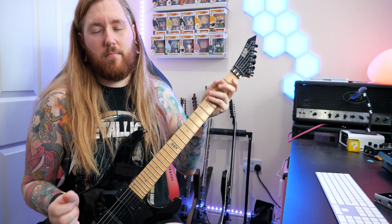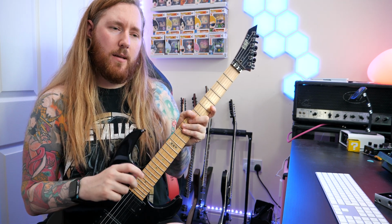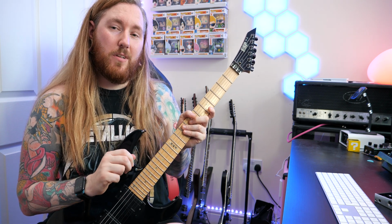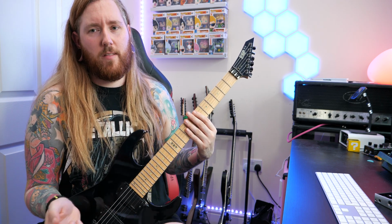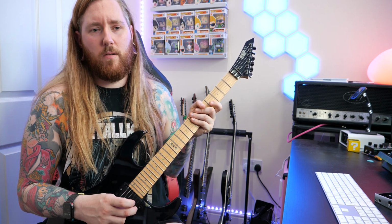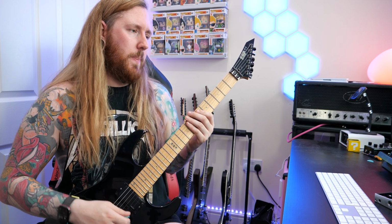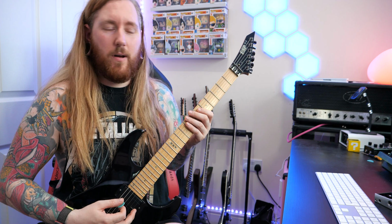I'm not sure if it's just anecdotal, but I feel like that helps me in the future with playing more aggressively, or the pick attack, or not needing to use as much distortion, because now I attack it harder and you get more from the strings and the pickups. John Brown from Monument says a similar thing, you have to go at it. Some amps like Soldano or Driftwood need more from you as a person rather than more distortion. So as you'll hear now when I turn the sound on, if you attack it more, it does sound quite different. So if I do